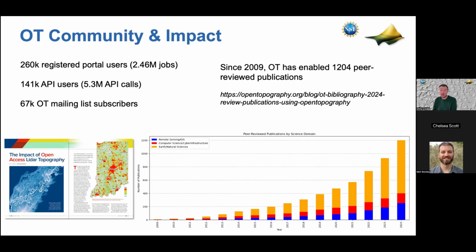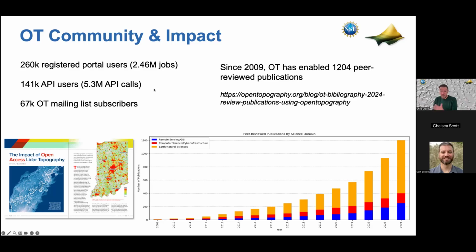There's a significant number of users of the system that are international, coming from non-NSF supported communities. So when we're thinking about what we're building in OpenTopography, we're trying to address the core user community, but also people in industry and international and government and all these different potential users. And some of these things, like our APIs, get pounded: 5.3 million API calls to request topographic data over the last, I can't remember exactly how long that's been, but it's like 5+ years.